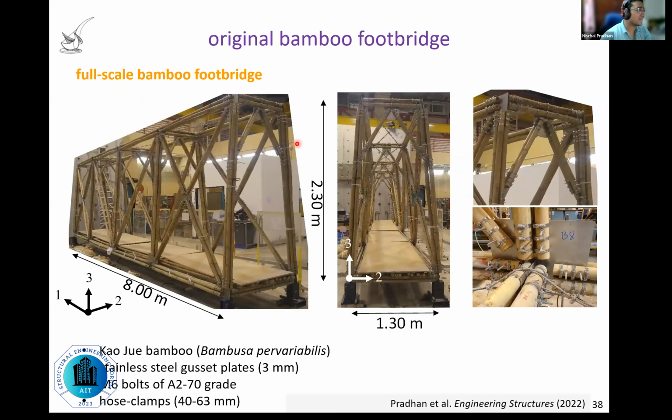Okay, so let's go back to the footbridge that we talked about in the beginning. Here you can see the entire structure is made out of the proposed axial members, and you can see how we assemble them. We first of all assemble truss A, one side of the truss, we assemble the other side, and then we erected them together. So we did this entire assembly within a span of few hours using untrained people.